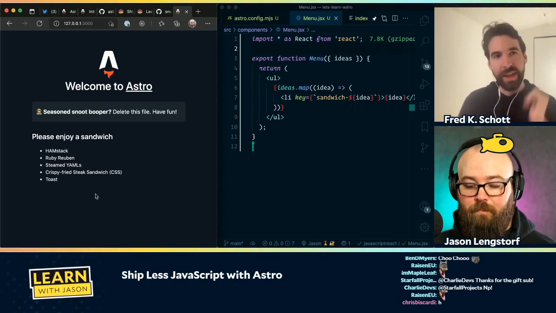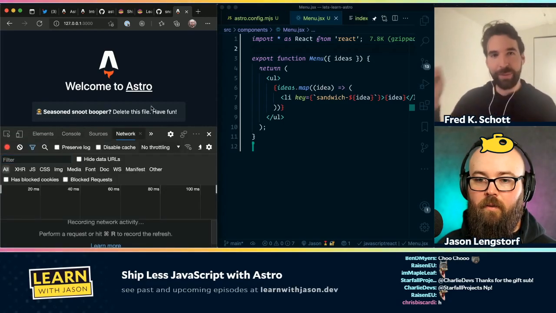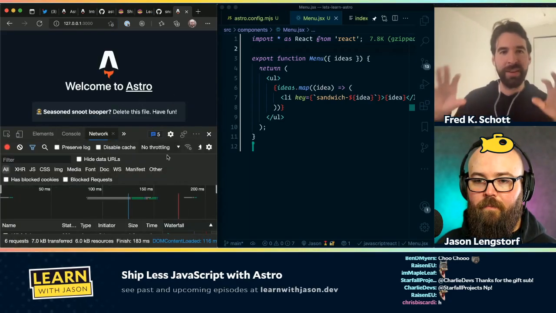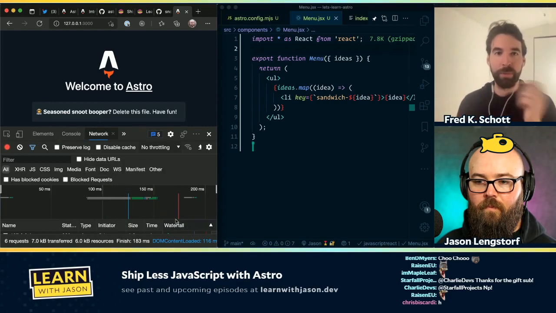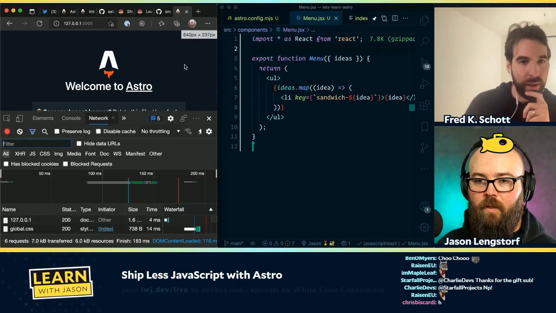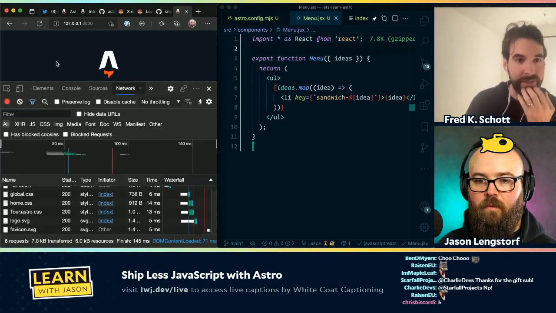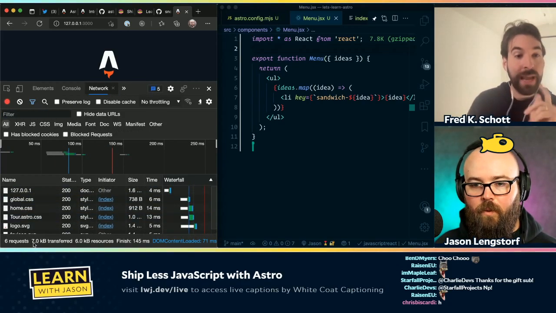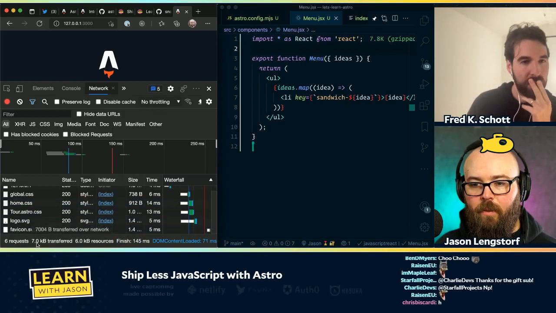Yeah, so throw open the network panel. So what you did before the error rabbit hole was turned an Astro component, which was HTML, into a React component, and then replaced it. You are going to see some dev stuff here, but as far as actual component JavaScript, there's no menu.jsx or anything here. Yeah, and we can see we pulled in the CSS. Yeah, but we pulled in 7 kilobytes, which is